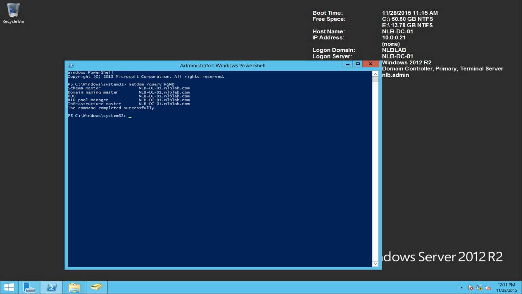So for example, if a user tries to log in to his or her PC, and is forced to change, or wants to change, his password, the PDC Emulator forces a replication to all of the other DCs in your domain to change that password. Or for example, if a user changes the password on his computer and then tries to contact a different domain controller. For example, if I have two domain controllers in two different sites, and the user was using his PC on my main site and changed his password there, and after that he picked up his laptop and went to my branch office,